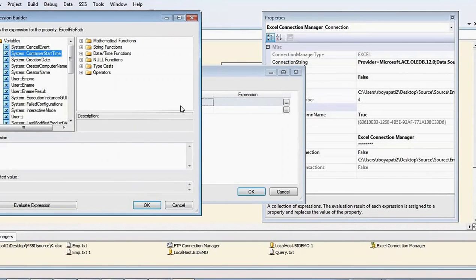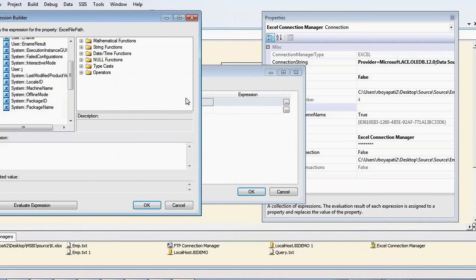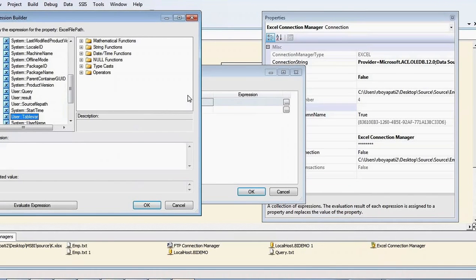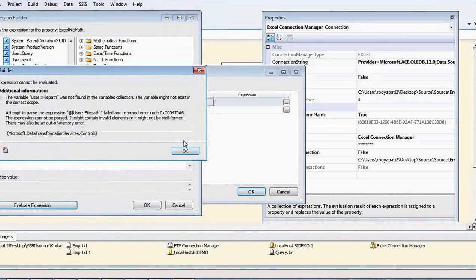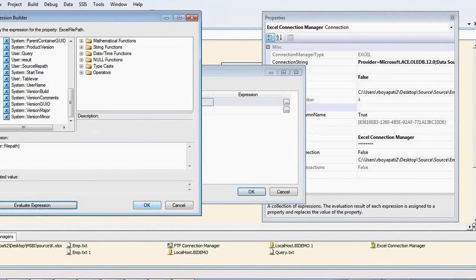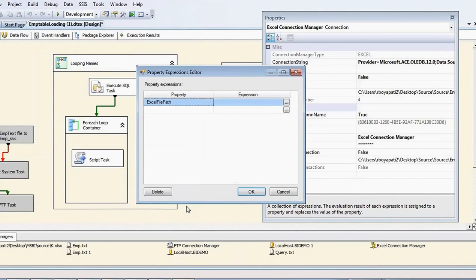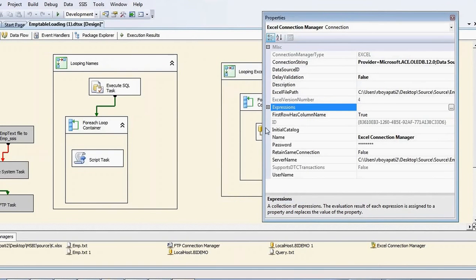We'll check that variable one by one. Is there any file path variable? Why am I not finding it? Okay, right. So I'm going to write down this is a file path variable. Why am I not finding that variable? We'll check.